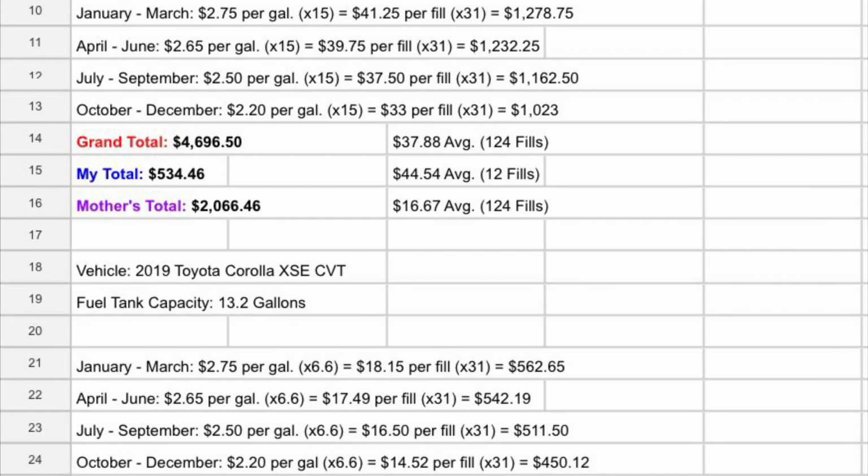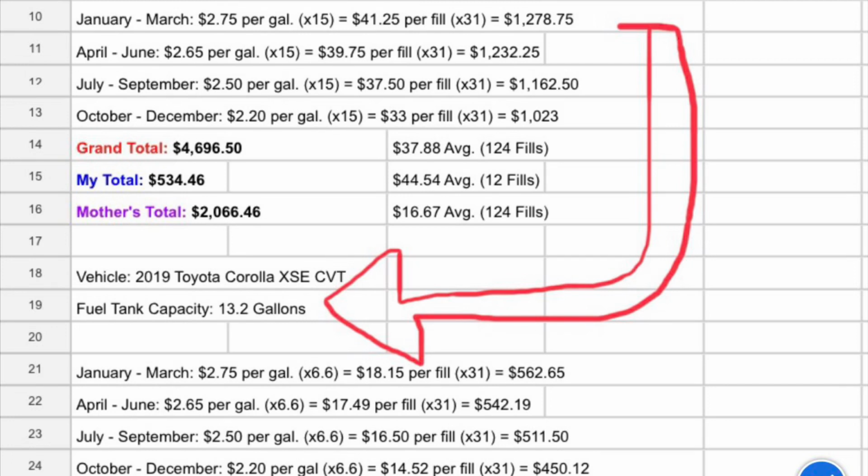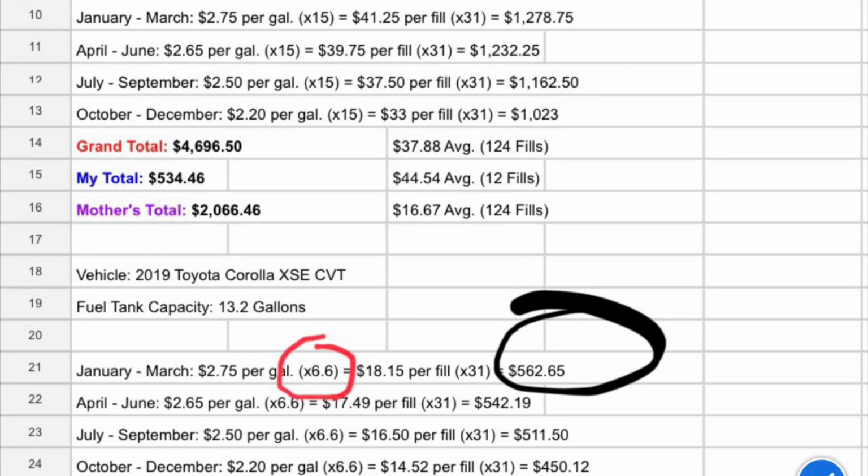So, remembering the Corolla in the beginning of the video, our friendly side-by-side comparison, we are going to see how much of a difference it would make if you get a compact coupe instead of a full-size pickup. So, the Corolla Hatchback has a 13.2 gallon fuel tank, and we are doing the same variables as was tested in the F-150 example. So, from January through March, and you're paying $2.75 per gallon, instead of filling up with 15 gallons of fuel, you're only doing 6.5 or 6.6 for a 13.2 gallon fuel tank. So filling up 6.6 gallons of fuel for $2.75 is $18.15 per fill, which is